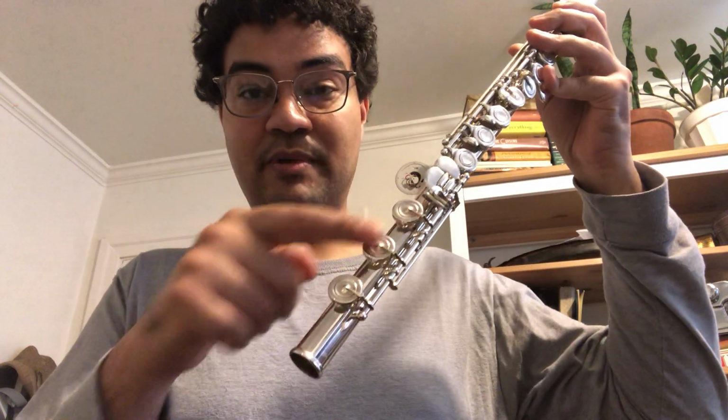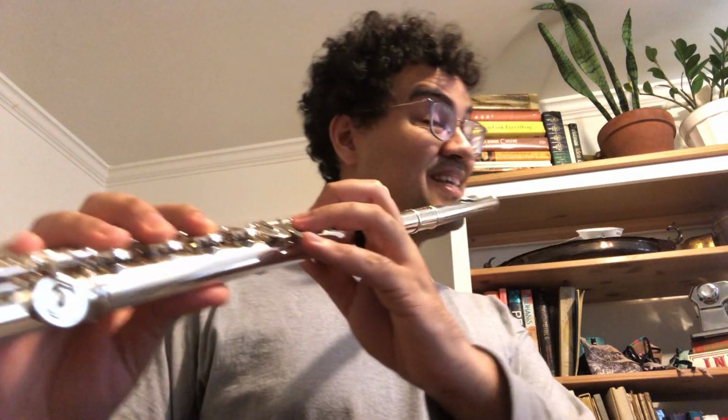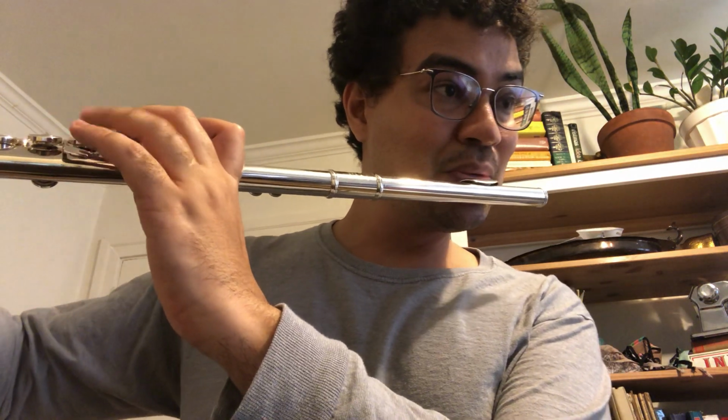The low register goes from the lowest note of your instrument. In the case of a concert flute, it's either a low B for professional flutes, that's the 3 holes on the bottom, or low C, which for most student flutes they only have 2 keys on the bottom. The low registers from those notes all the way up to the first fingering, that's the same as the low notes. When you get to E in the staff,